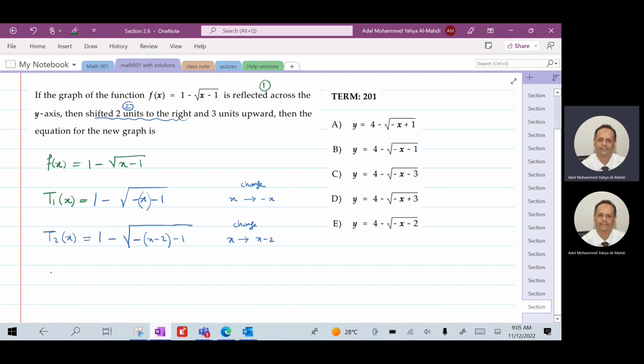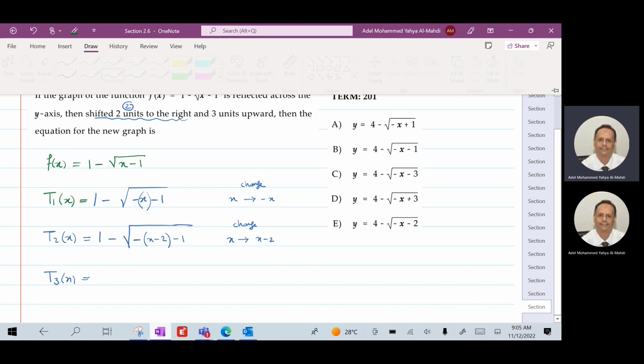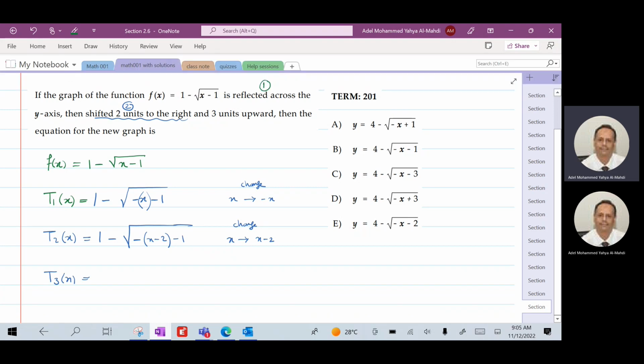Now the last transformation, T3. We look at this transformation from the geometry side, then from the math side. From geometry, he said 3 units up. This is the last one. So mathematically, T3 is T2 plus 3. We add 3 to the whole function. Like when you add 3 to 1, we will get 4 minus this root. Simplify, it will be 4 minus